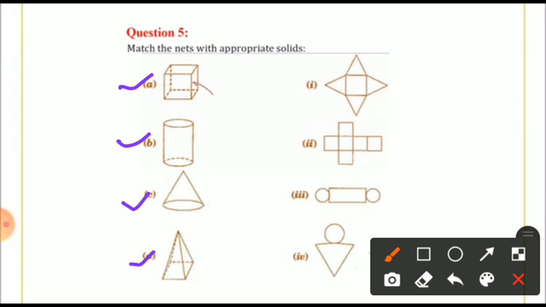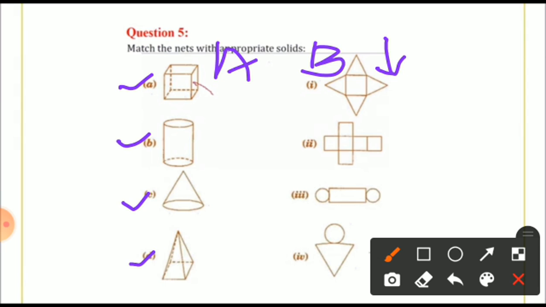When you open it, you just say what is the answer for cube. Can you find out from the right side? It is A part or B part. You can say A and B. You should find the answer from B part. So B part has first a diamond shape, second a square, third a circle and a rectangle, last one like a triangle and one circle.